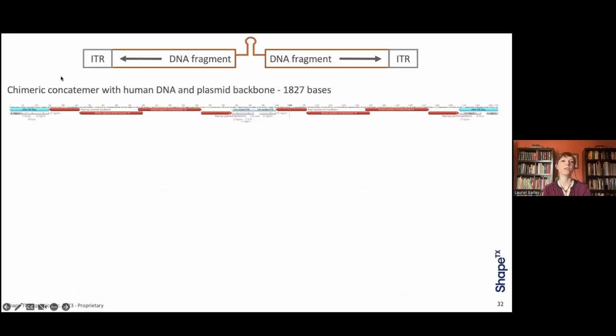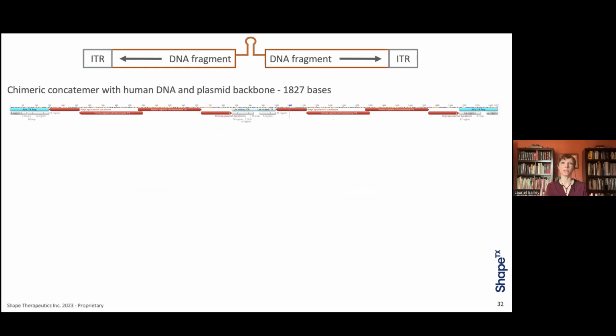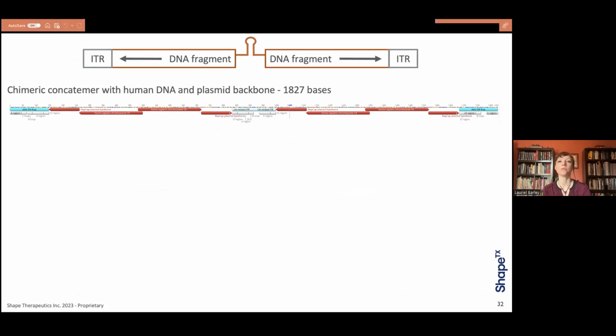And so here we see our chimeric concatemer made from human DNA and plasmid backbone chimerized together with a naturally occurring hairpin. This right here is an unnicked ITR. It's an ITR with 2 D regions. We'll call it the double D ITR. This is evidence of rolling hairpin replication. And we can see that here in the middle.